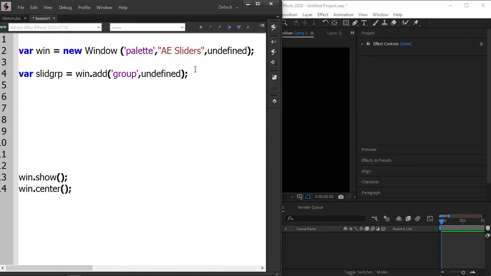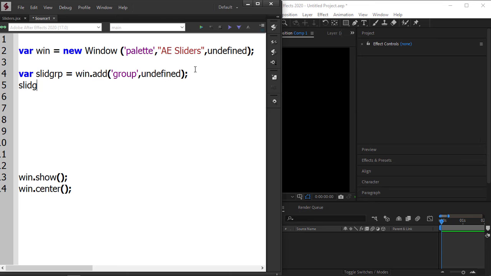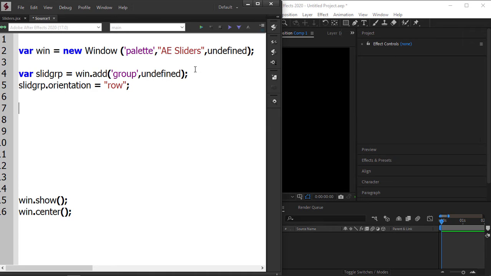Separate it here, and set the slider group's orientation: grp.orientation will be row. So now we have added our group, and now we start adding elements. First, we will add a slider. So slider1 is equal to, now we need to add this slider into the group we created,